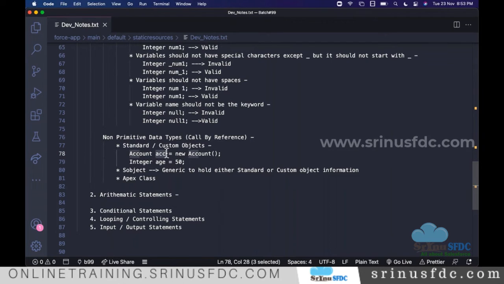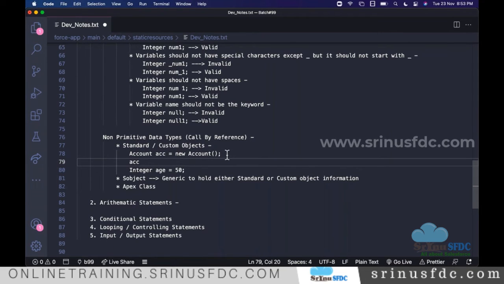If you see here, I cannot assign any value directly to this reference. First, we need to create this instance. Let's say this is like one row in the table. Through this reference, where the empty row is generated, we have to populate multiple cells in that row. Let's say account means account name, account industry, rating, number of employees, some of the fields.